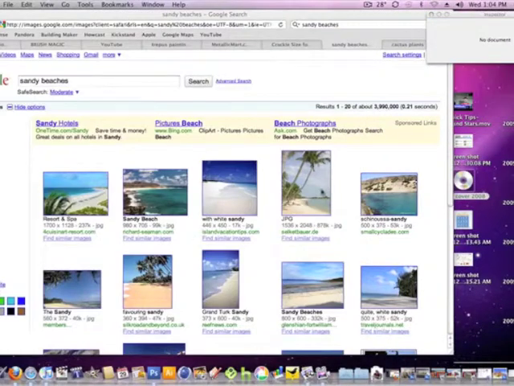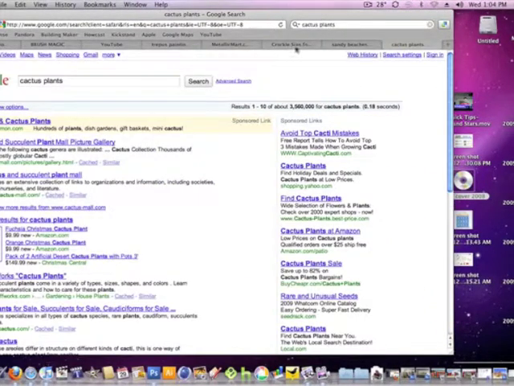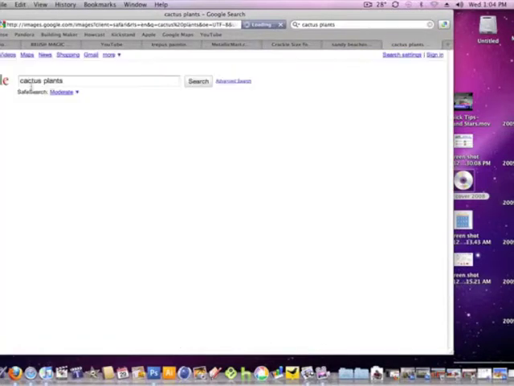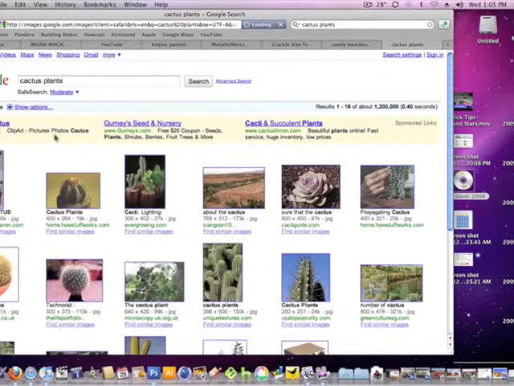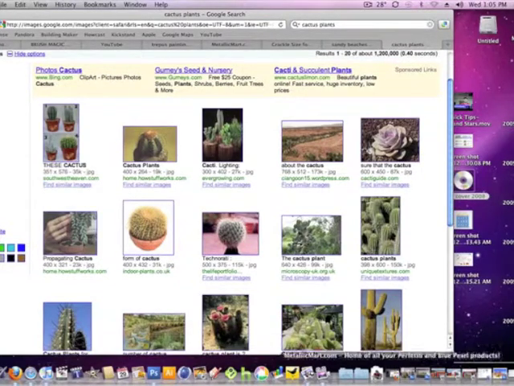That's one sample. Okay, another sample is cactuses. This guy wanted all different kinds of cactuses on his mural, so we did some searching. He did some searching. He found a lot of stuff, and we hit all the most popular cactuses down there. And then what I did was